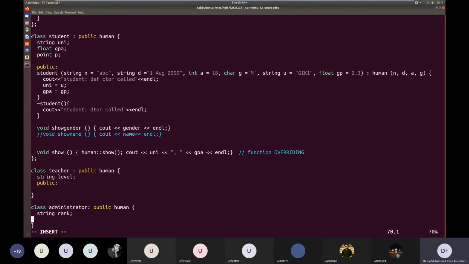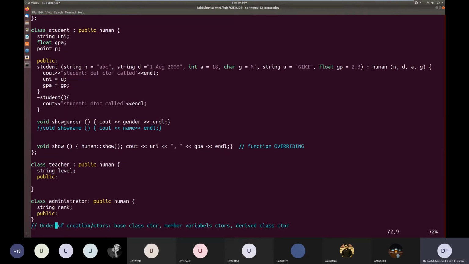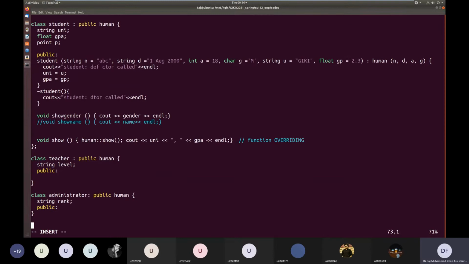So this way we can have something public also, and this way we can have a class, assuming that dean is a teaching as well as administrative position. So we can have class dean, and we can basically inherit it from teacher as well as from administrator.